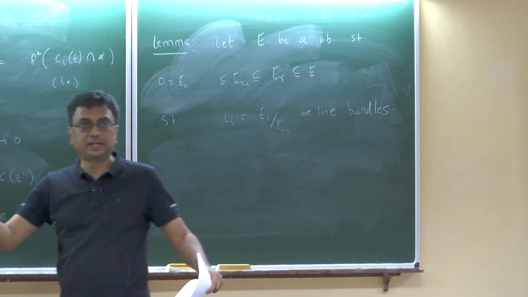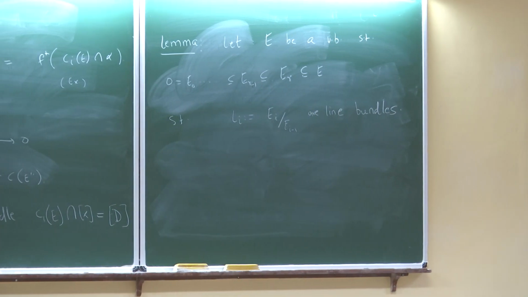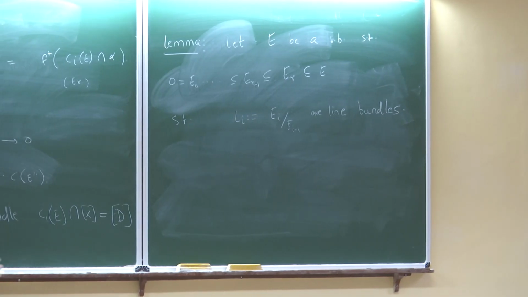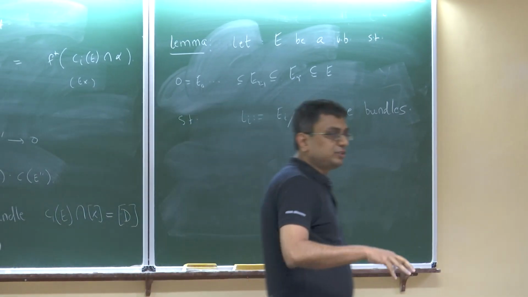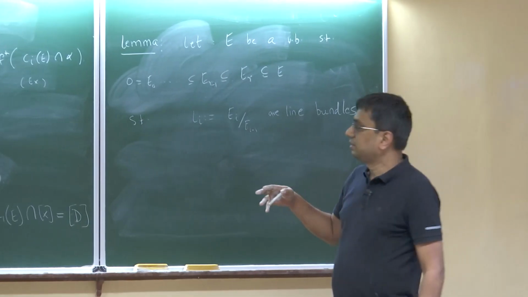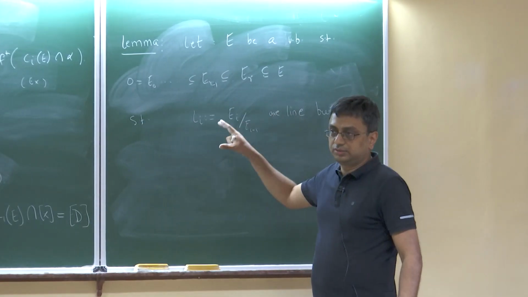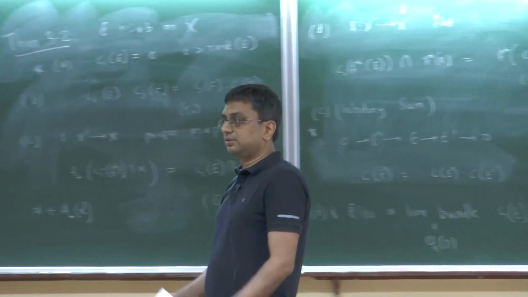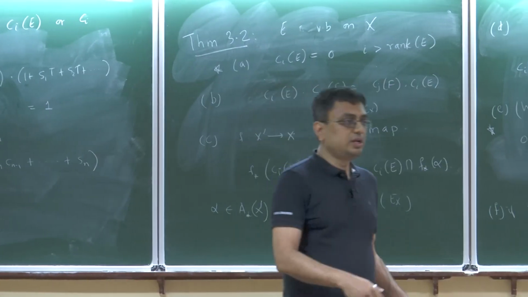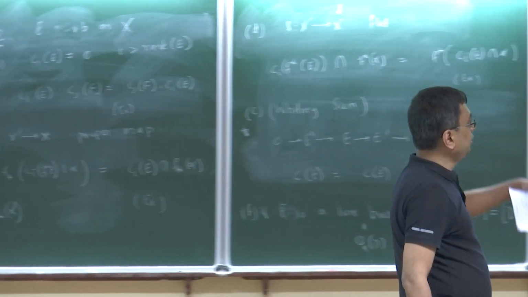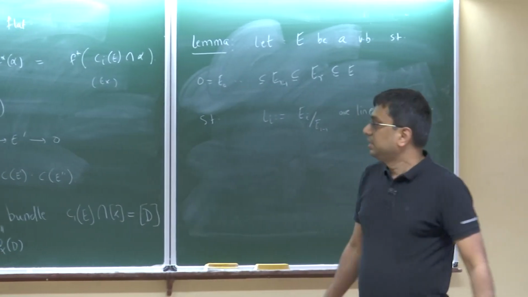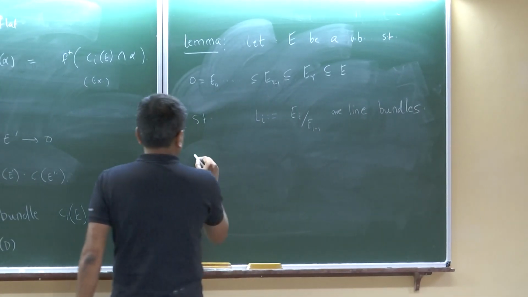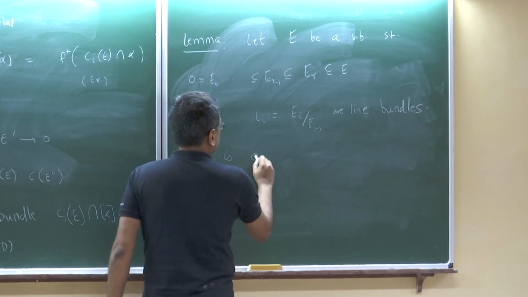Right, so I have a filtration of this vector bundle where successive quotients are line bundles. By the splitting principle, we know that this is a very useful case. So this is not a very special case. If I want to check any equality in the Chow groups, I can reduce it to this case. So now suppose S is a section